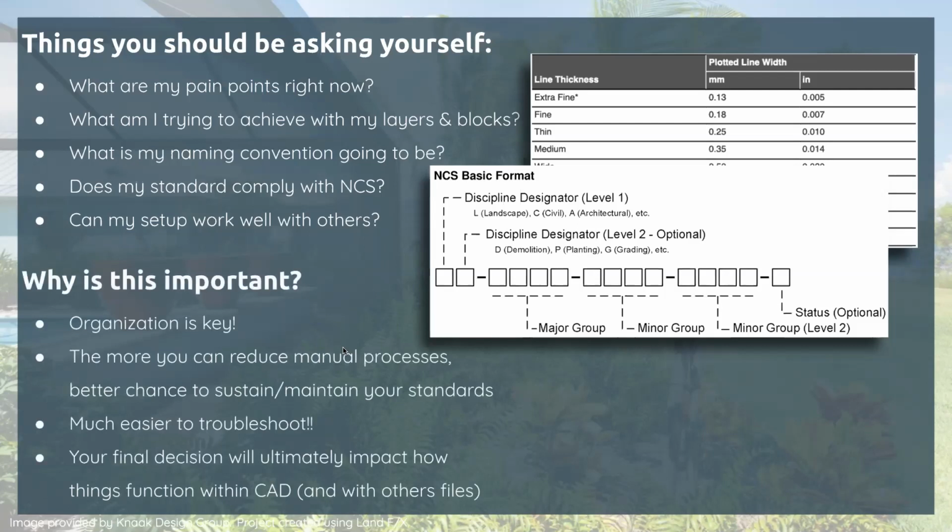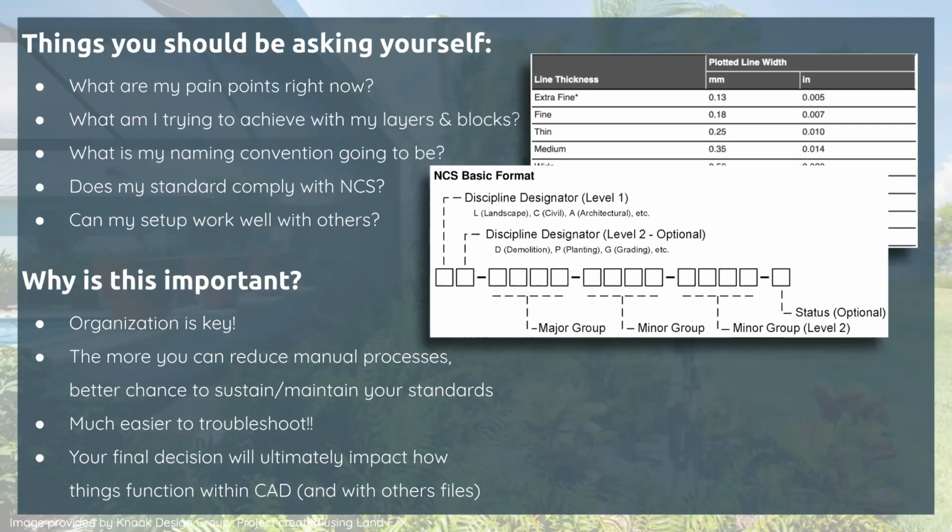So this is really important for a couple of reasons, obviously. Organization is going to be absolutely key as we start to do the larger projects that you do. The more important that organizing and identifying all of these layers and blocks and working with them is going to be. So the identifiers, those discipline designators that you see here in this image, again, is one of those key items that you can start seeing